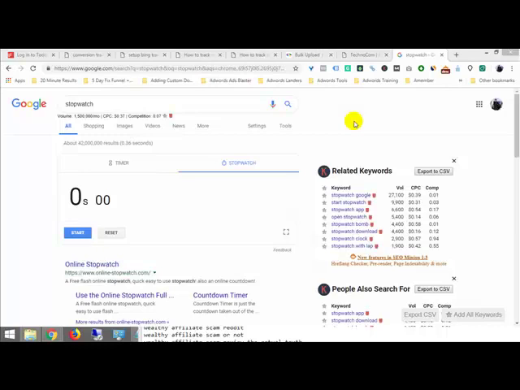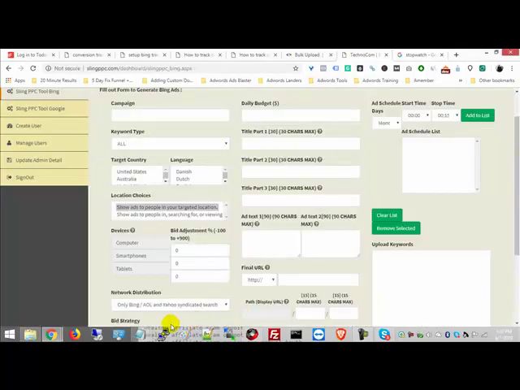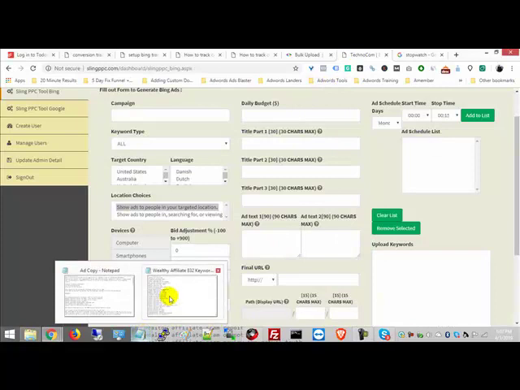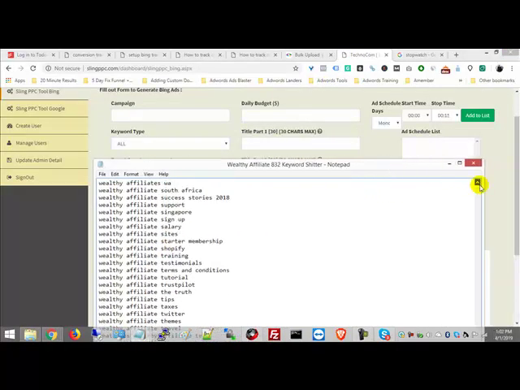Now we're going to see how long it takes us to build our 9 campaigns the way we like to build them with Sling PPC. We'll go ahead and start the stopwatch here. We'll get to the interface and let's get our